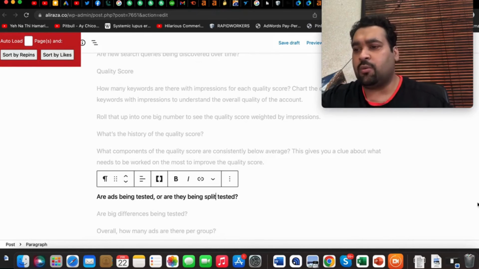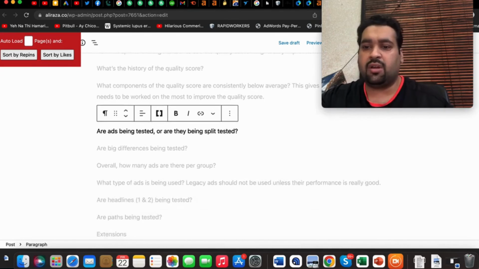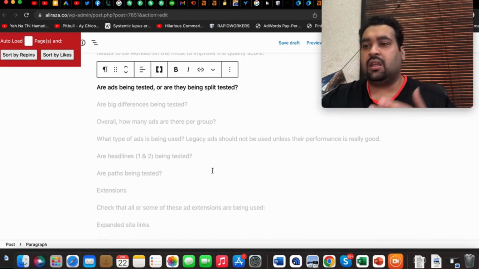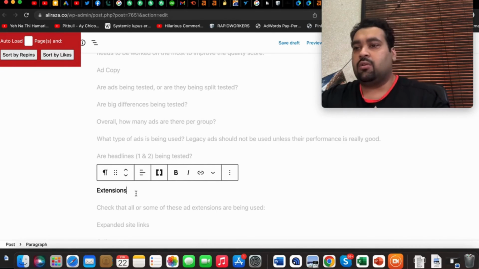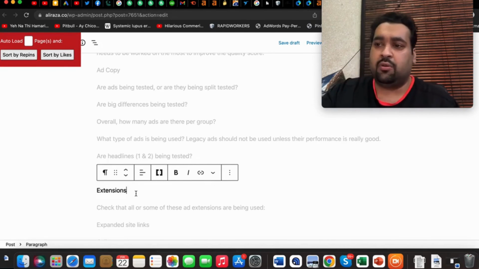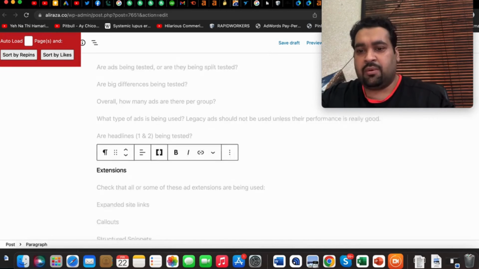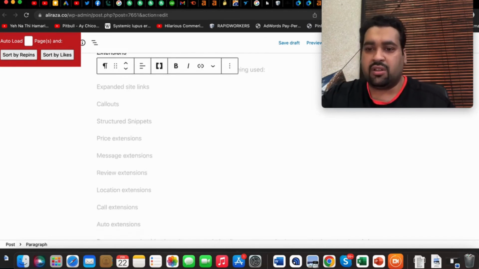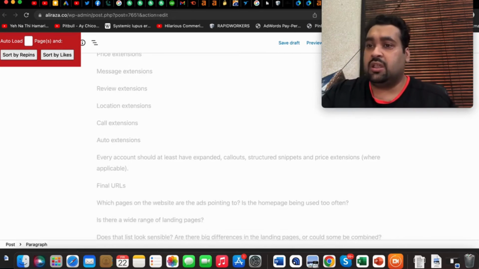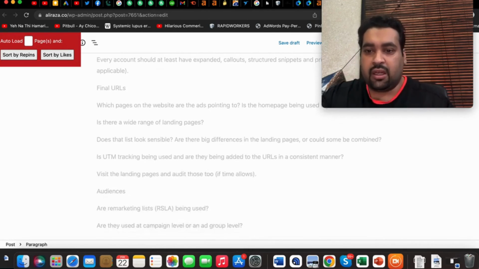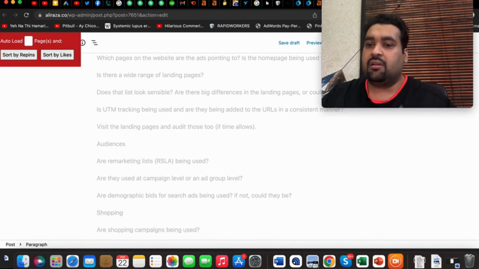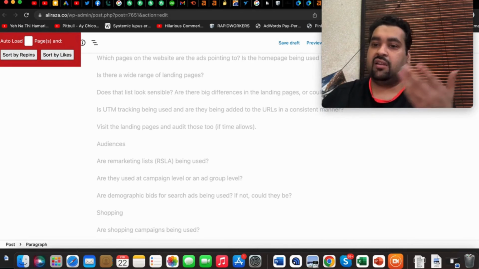Then you can even check the ad copies, and how ad copies are performing differently, any sales difference, and in case you have fluctuation between headlines 1 and 2, are you testing these, or what kind of extensions are you using, and have the extensions benefited you in any way. Are you using structured snippet extension, location extension, callout, different extensions, message extensions, because these extensions help to get more authority for your website. And then the final URL, are you using retargeting, how are you targeting remarketing, creating retargeting lists,